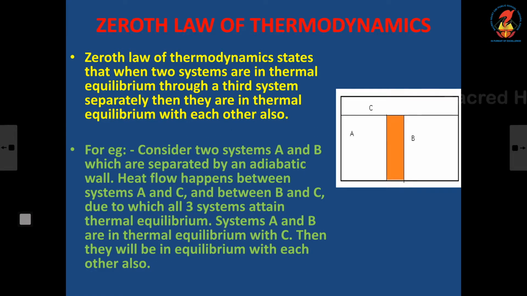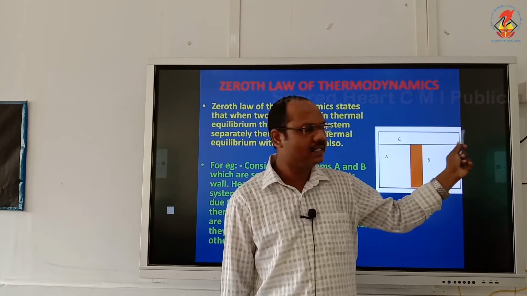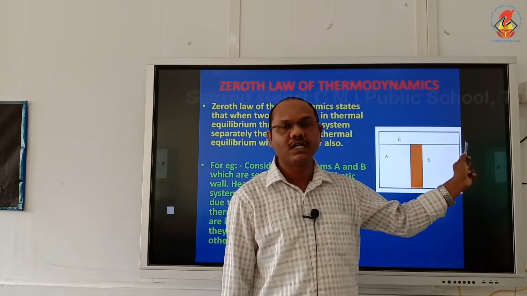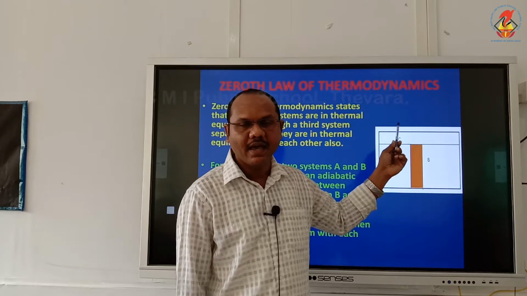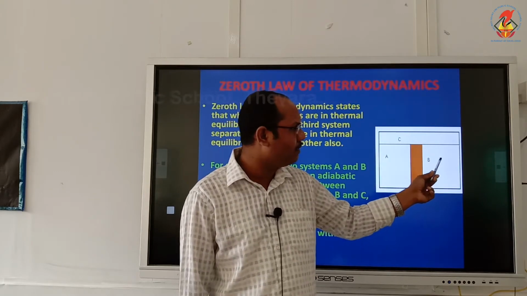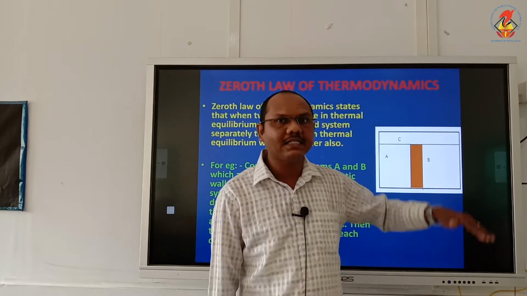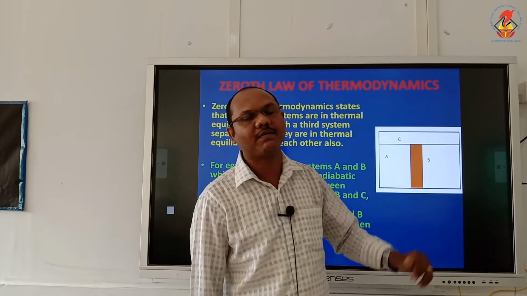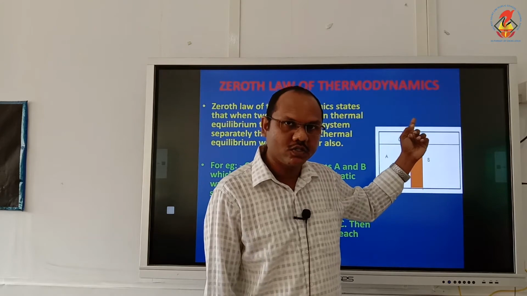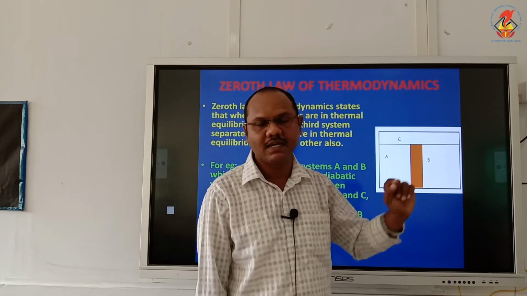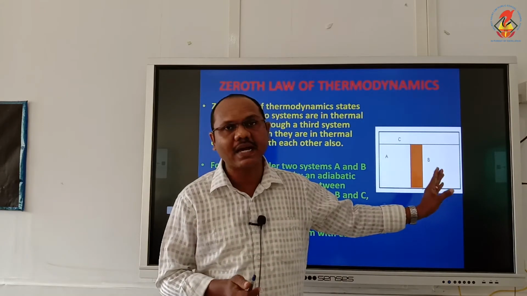System C is separated using a diathermic wall. This line is the diathermic wall. So there is a transfer of heat between A and C, and there is a transfer of heat between B and C. C is separated from A and B using a diathermic wall. So there is a transfer of heat between A and C, and also between B and C. But there is no transfer of heat between A and B directly, since they are